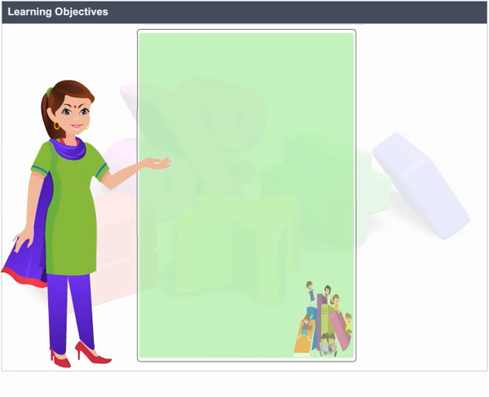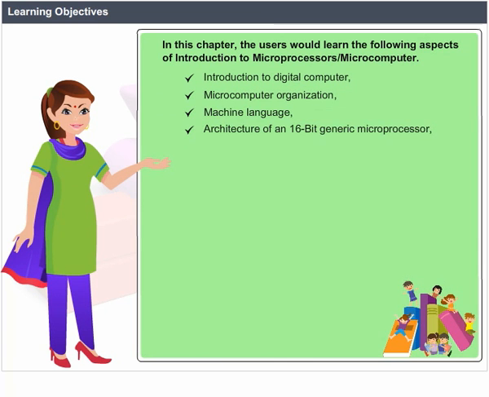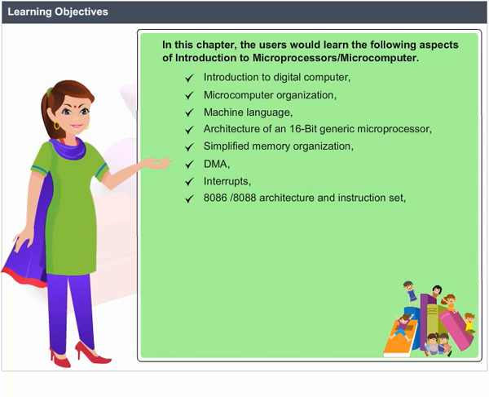Learning objectives. In this chapter, the users would learn the following aspects of Introduction to Microprocessors, Microcomputer, Introduction to Digital Computer, Microcomputer Organization, Machine Language, Architecture of a 16-bit generic microprocessor, Simplified Memory Organization, DMA, Interrupts, 8086-8088 Architecture and Instruction Set, Steps for Program Development for